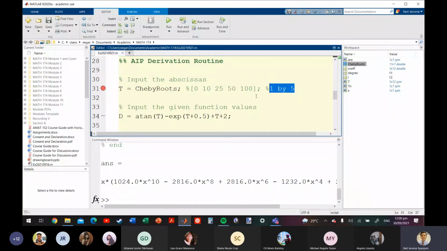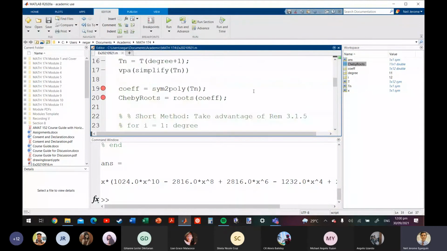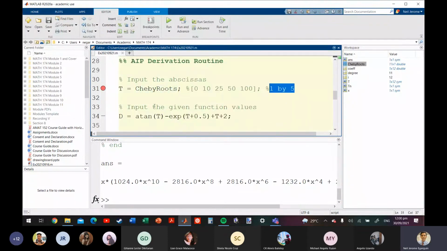Pero yung Chebyshev roots ay na-store ko into an 11 by 1 vector. So to become consistent, kailangan kong kunin yung transpose ni Chebyshev roots. So para makuha yung transpose ng isang matrix, kailangan nyo ng dot apostrophe. So ito yung syntax para makuha yung component-wise transpose. I just need to be careful pag walang dot, pag prime lang yung sinulat nyo or apostrophe lang, kukunin niya yung complex conjugate transpose. So you need to be careful kung gusto nyo ba yung transposition lang or gusto nyo kunin yung complex conjugate transpose.